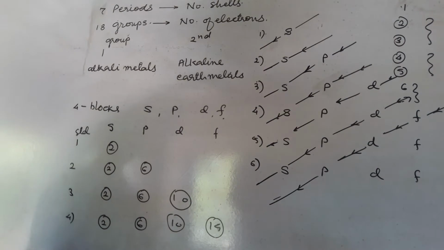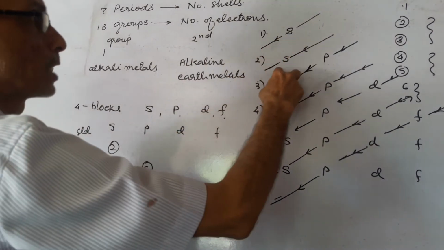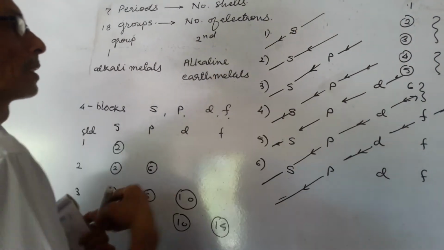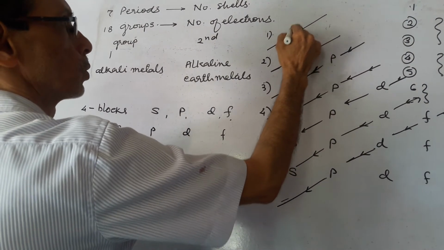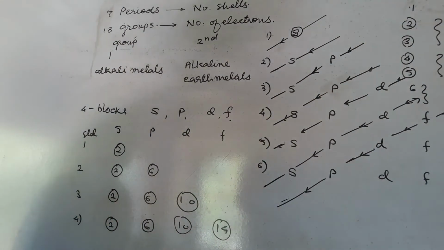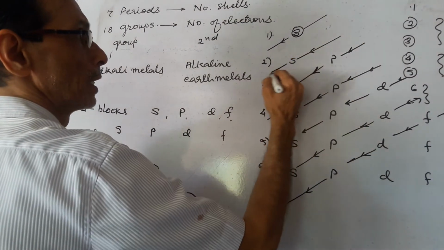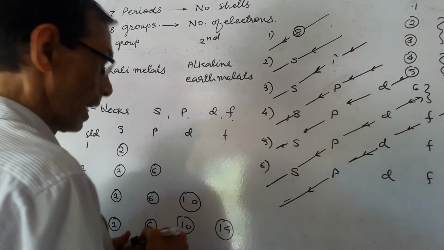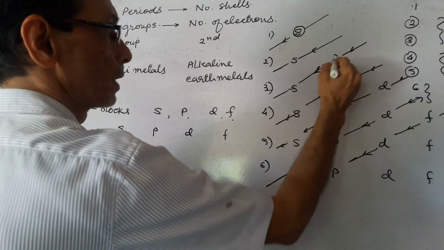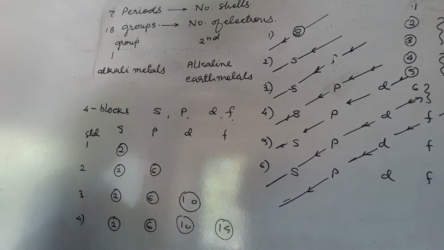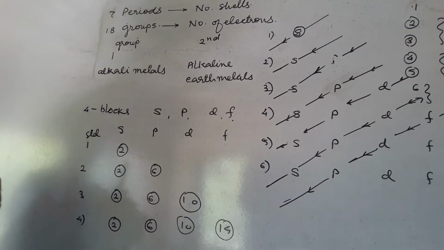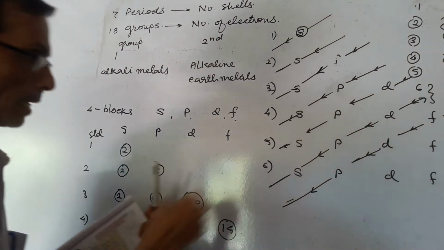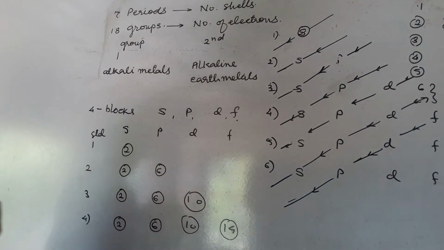Now, how have these come? If you write it this way, S, SP, SPD, SPDF, then first you'll find S, 2 will be there. Then after S, P comes, S and P. So SP. Now here S and P will come. So you'll find the third group, S, P and D also comes here. See, D also comes in the third group, S, P, D. And in this way, they have been formed.